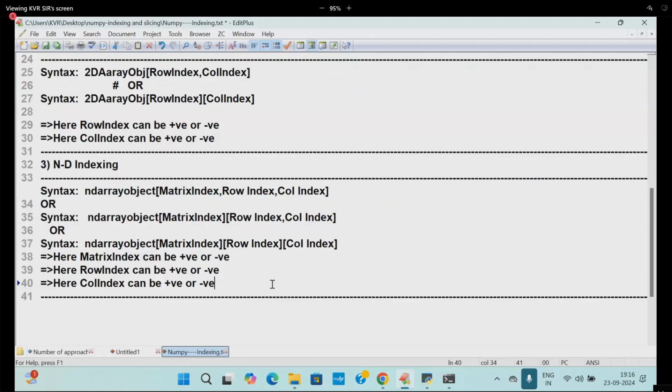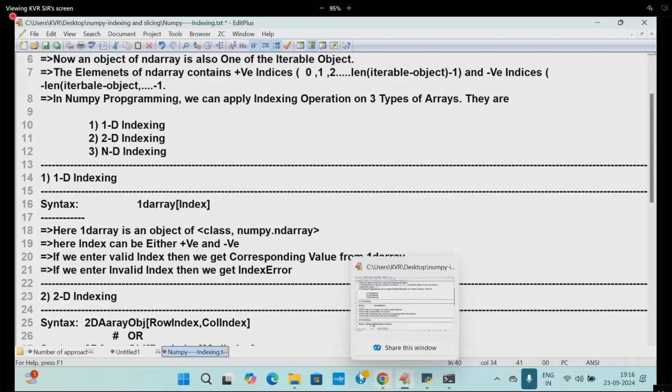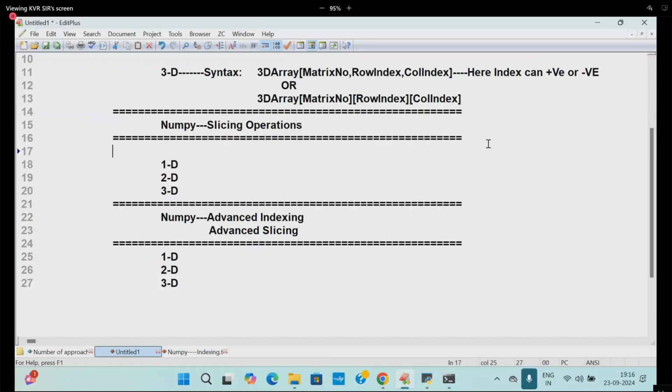See, students, slicing means getting a group of values from an iterable object. The process of obtaining a range of values or sub-range values from the main iterable object is called slicing.